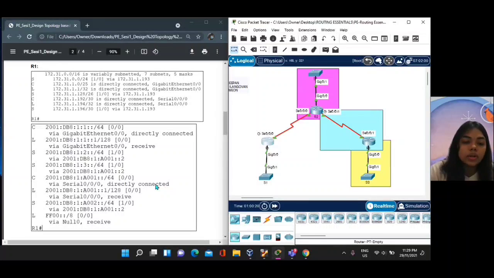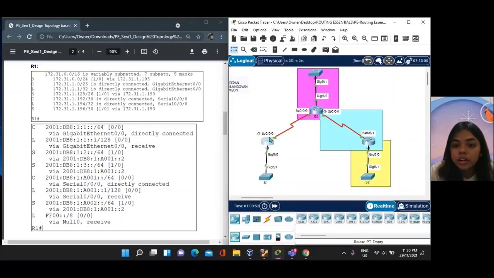But for the static route, before we configure it for IPv6, we have to enter the ipv6 unicast-routing command. We have to enable IPv6 routing before we configure the static route for IPv6. So this is how we do it.